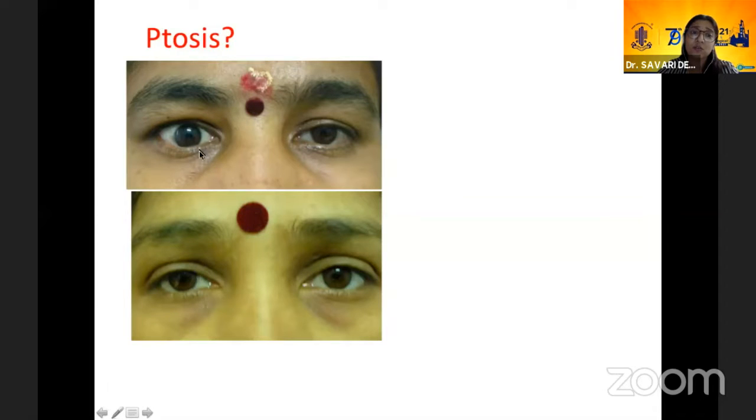There are many other causes, such as bulging of the eyeballs in cases like exophthalmos, in myopia, which will make the eye appear bigger and give rise to a pseudoptosis. While in this case, the patient may appear to have a ptosis, in fact it is an ipsilateral enophthalmos. That means the same eye is looking ptotic because of the enophthalmos.